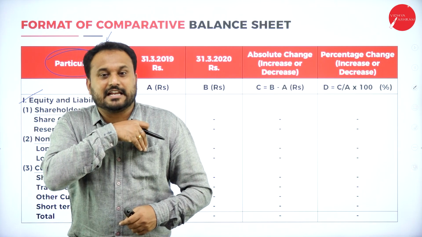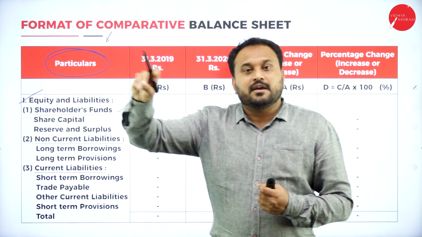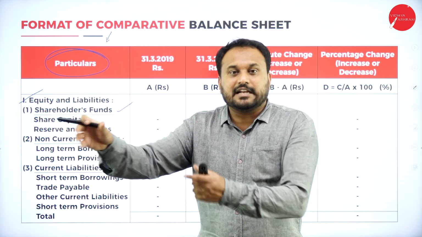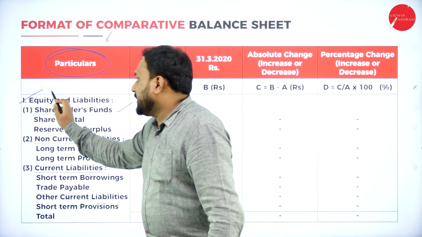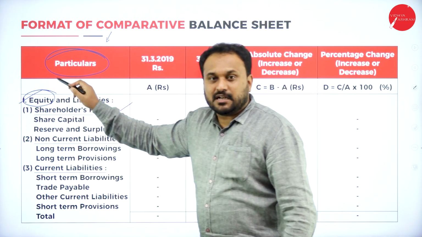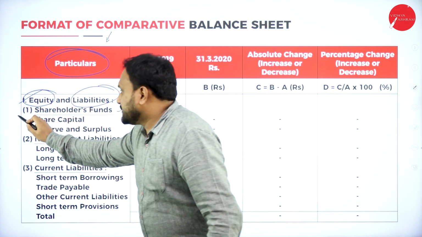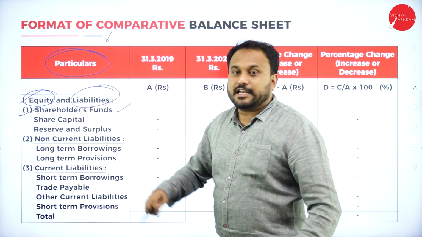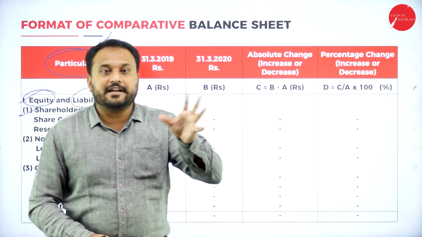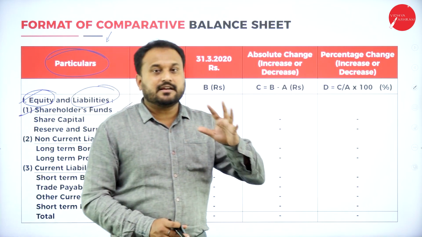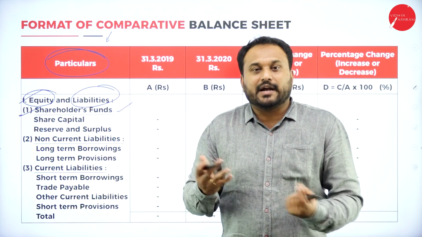Reserves and surplus: I'll not give it to my employees nor any of the shareholders. I'll keep it as my own reserves. That is what equity is. So, my equity is done. Remaining is liability. Now, in liability, we have 2 types. One is non-current liability. Another is current liability.